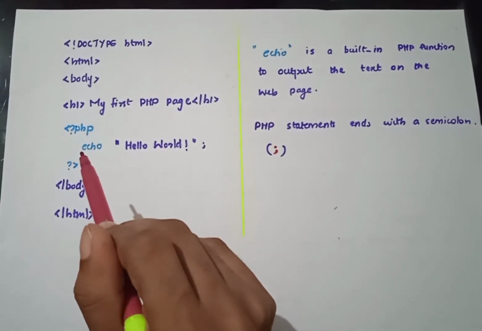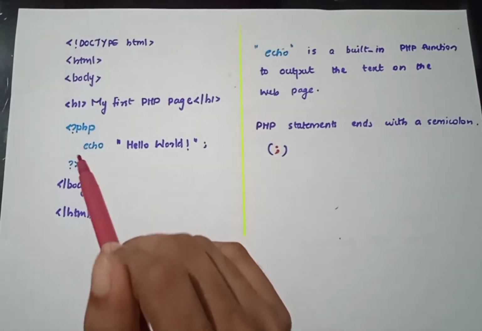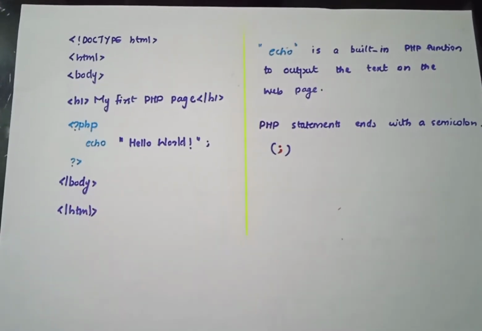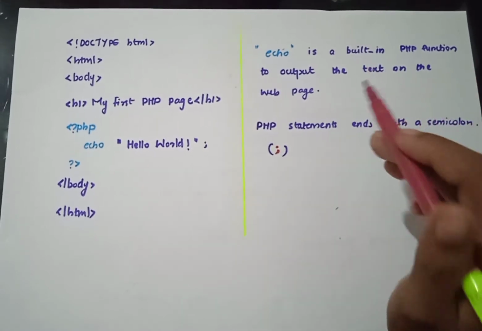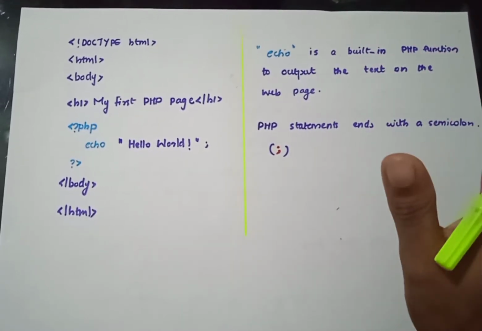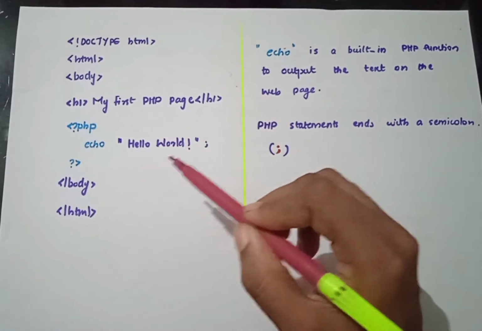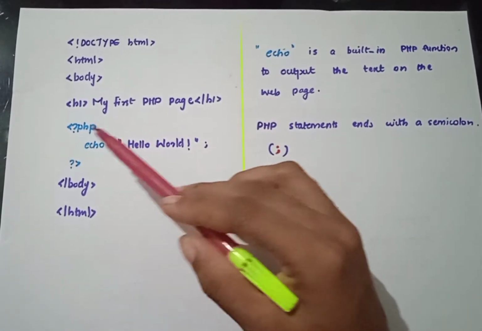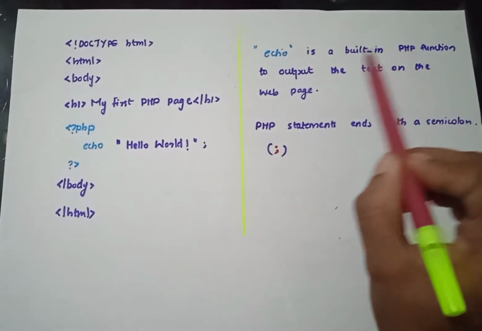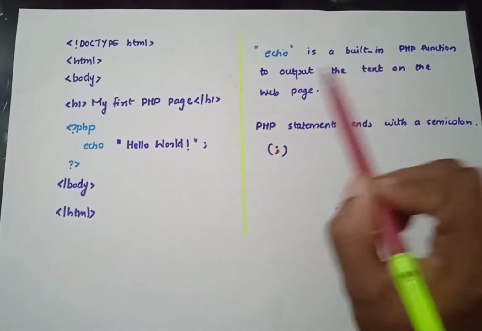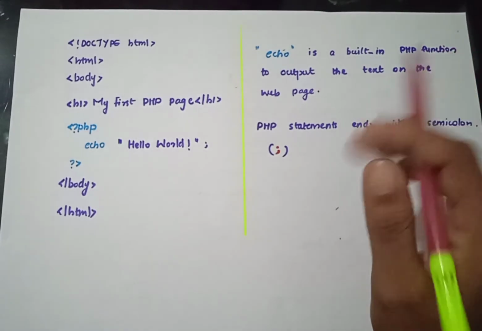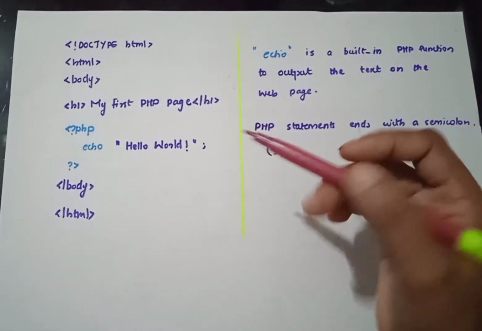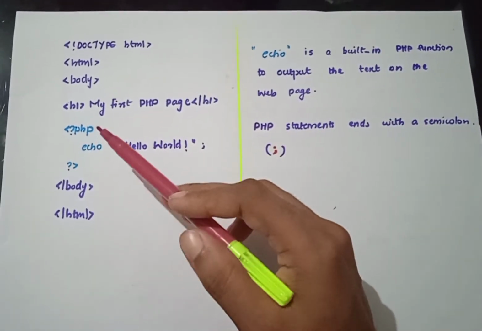So let's see what this echo is. Echo is actually a new thing that we are coming to here. Echo is a built-in PHP function. PHP has many more built-in functions, but here for the simple example we have selected echo. Echo is actually for what? This is to output text on the web page. Whenever you need to output something in the web page, you can use echo in the case of